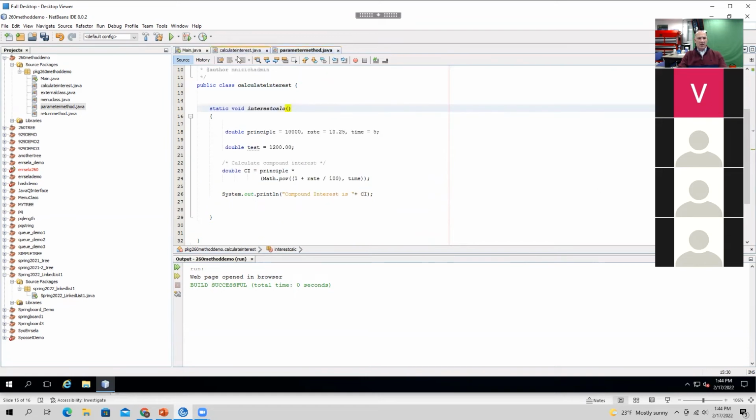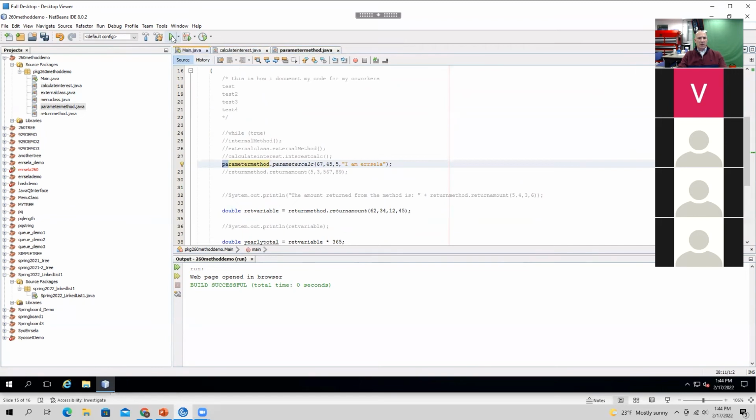And if I come back here to the main, and I run the main method, okay, I now get the sum of the passed in parameters is 117, and the web page is open in the browser. So it's doing that second piece too. But if I change these values that I send in here, and I change this to 100, it's no longer going to be 117, it's going to be 150. Okay, if I change this to 300, it's now going to be 405. So my class and my method have not changed. I'm just changing the data that I put into it, right?